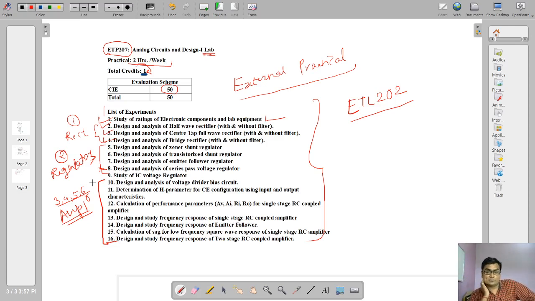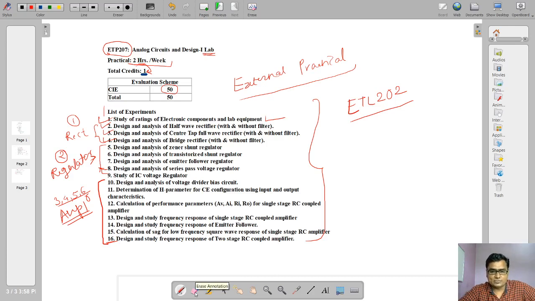As I told you, we are focusing more on power supplies as the most important thing. Whenever any electronic circuit gets damaged and you want to troubleshoot it, what will you check first? You will check whether the circuit is getting power, then we start analysis. To check whether the circuit is getting power, first we need to get into the power supply. So if there is a problem with the power supply, you should be able to troubleshoot, handle that problem and repair the power supply first. Right? So this is all about